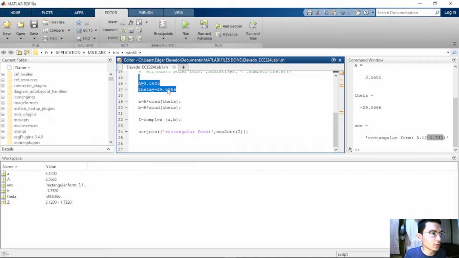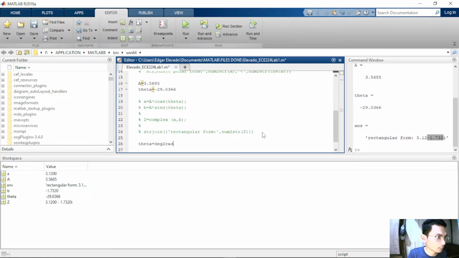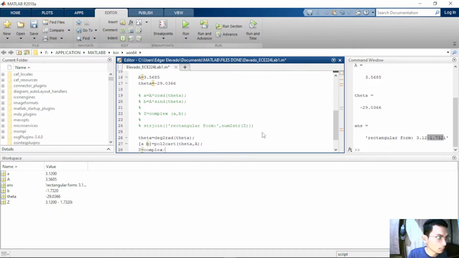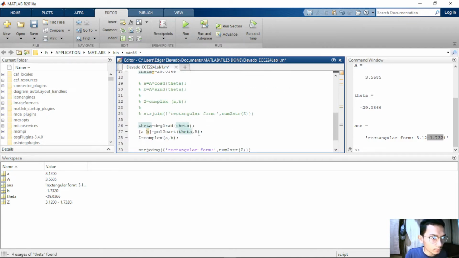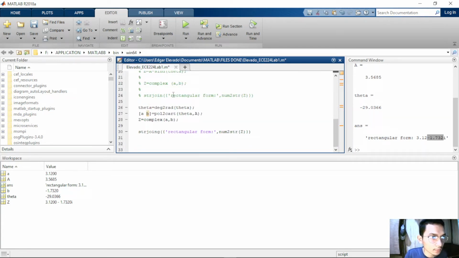Proceeding to step 6, I will use another code to solve for the rectangular form using the same set of values for a and theta. So typing the codes, so this is the new code. The same set of values for a and theta, and then these will be the formulas, and this part will output the answer in rectangular form. So by clicking run,